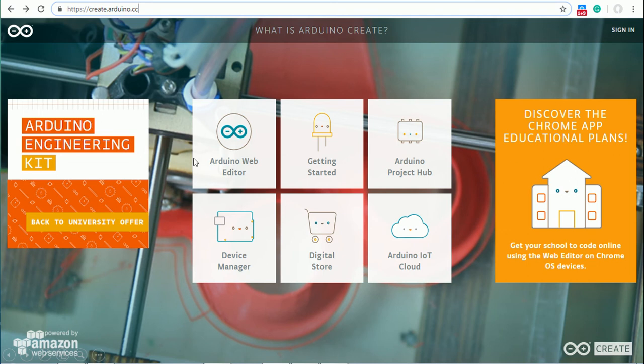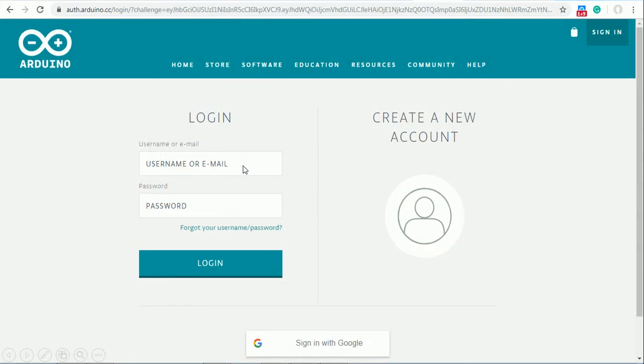the interface, or what the page looks like, changes depending, of course. Actually this screenshot is from last year, so you may expect that create.arduino.cc, if you're going to explore it later on, may not look like this anymore. But then the functionalities of the page are just the same. We still have the Arduino web editor, but since it's already one year after, maybe there are other features on the Arduino Create. So if you're going to click Arduino web editor, you will be going to the next web